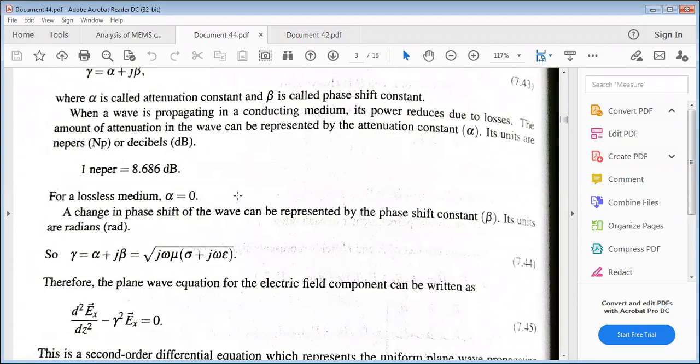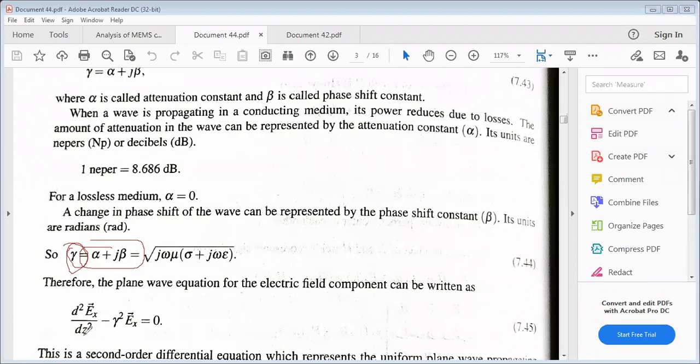Now, the change in the phase shift of the wave can be represented by the phase shift constant beta, or simply the phase constant beta, and it is measured in radians. So gamma equal to alpha plus j beta, but gamma equal to what? Gamma square equal to j omega mu into sigma plus j omega epsilon. From this, gamma equal to square root of j omega mu into sigma plus j omega epsilon, that is alpha plus j beta. Therefore, the plane wave equation for the electric field component can be written as